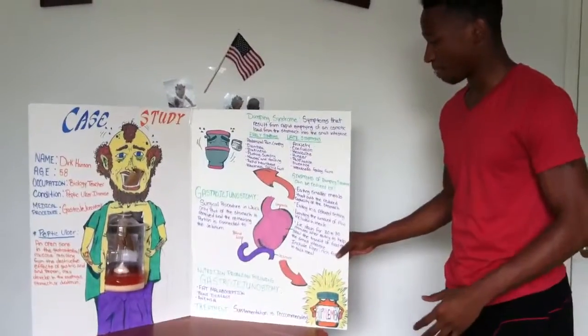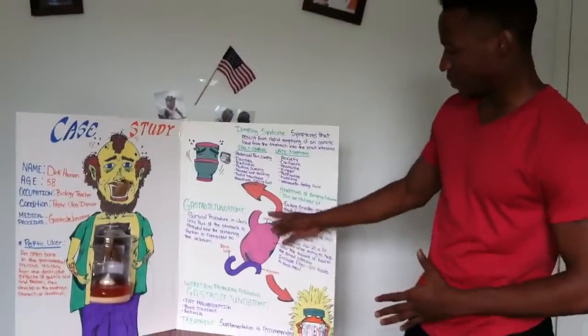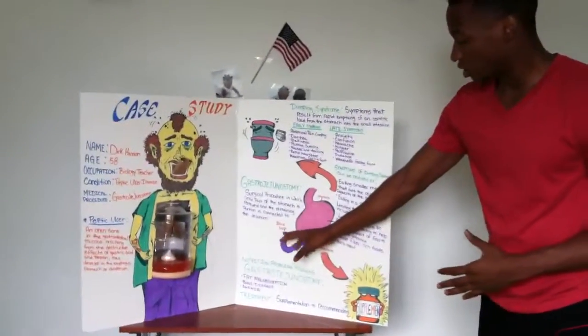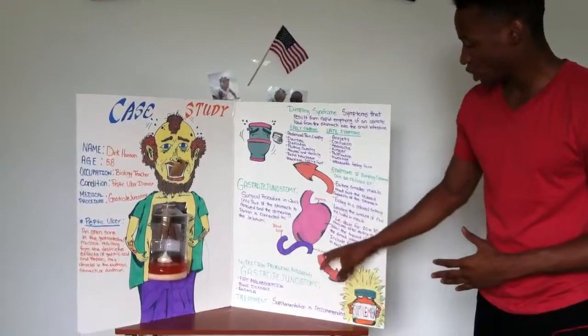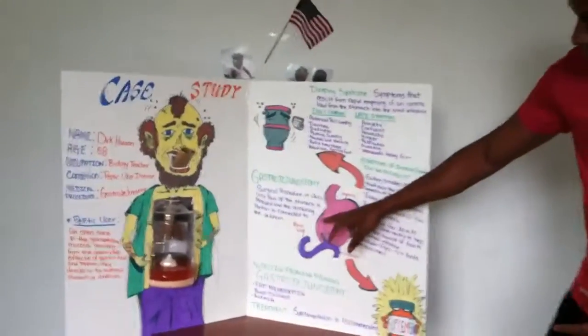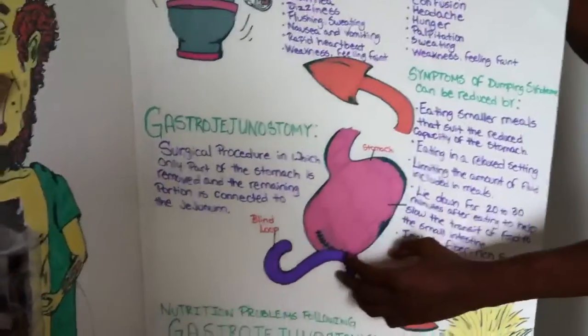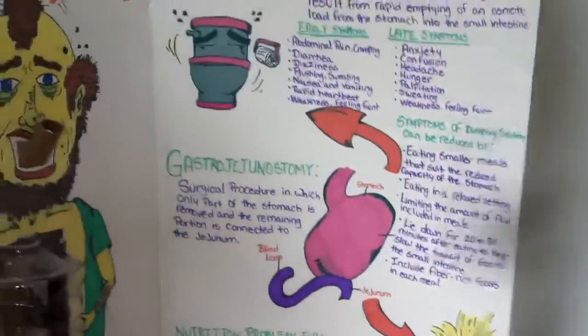As you can see, very detailed on the operation. Here's the stomach. This is the blind loop, the jejunum, and basically what they did was cut. If you can zoom in, what they did was cut a portion of the stomach and connect it to the jejunum. The biggest change because of this operation is the size of the stomach, which in